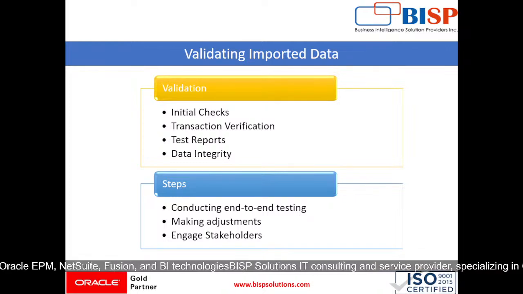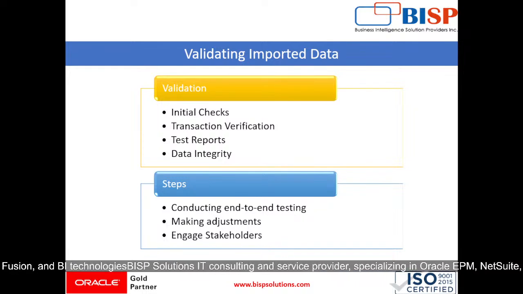Then we will be validating imported data. Validation is a critical step to ensure that all data has been correctly imported with no discrepancies between QuickBooks and NetSuite. The initial check is performing spot checks on imported data to confirm that customer, vendor and item records are accurate. Then transaction verification, where we will be reviewing open transactions and historical data to ensure they match in both